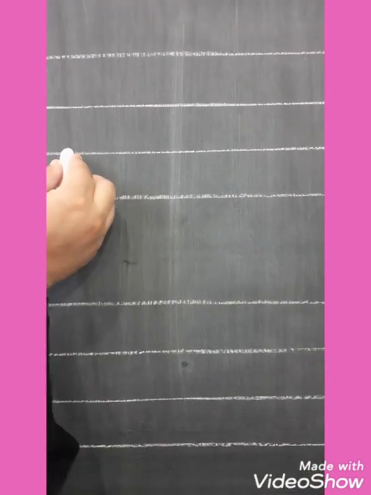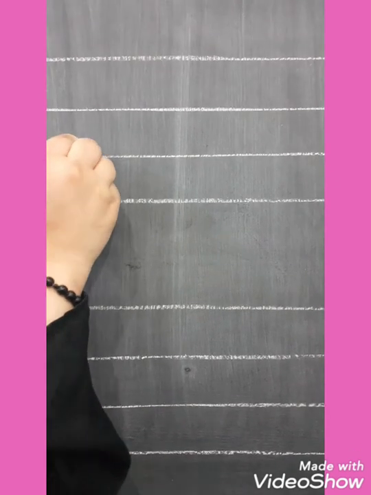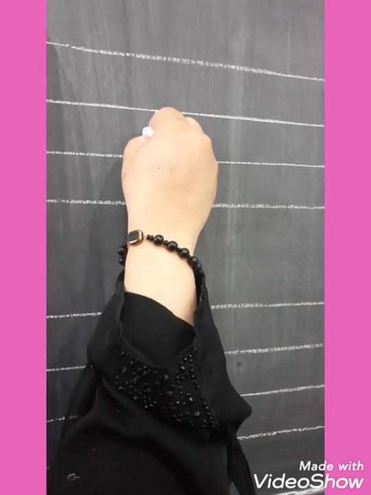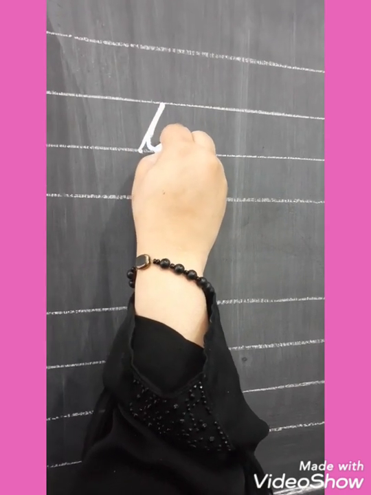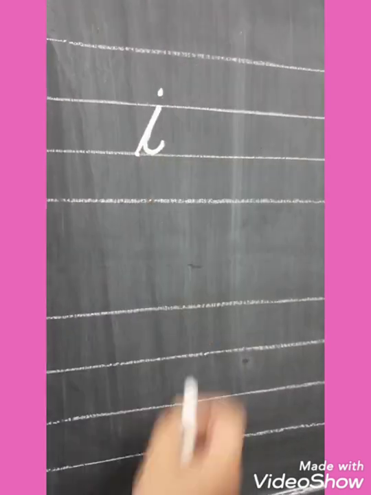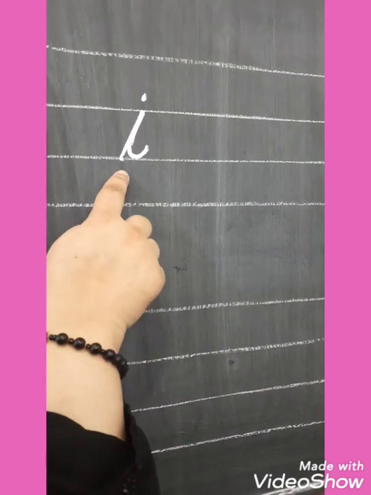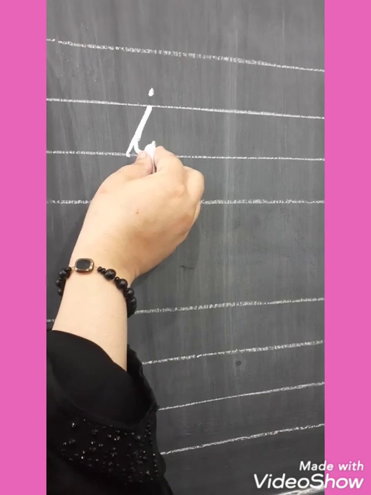The first sound is ib. IB sound, ib. How can you write ib? Have a look. Put the pencil on this dot. Go up in a slant. Touch the second line. Come back down. Separate this line. This is your small letter I. If you have to attach B with the I sound, you have to take this tail up.